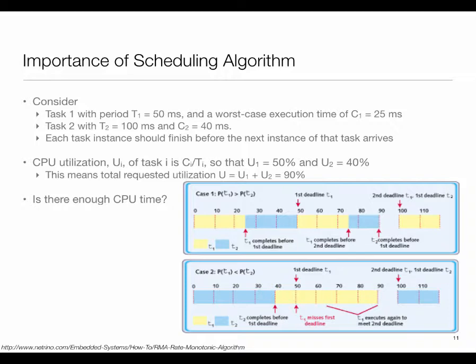Task 2 is the one which takes the hit. So now task 2 starts running. The first copy of task 2 arrived at time 0, started running at time 25. And it needs time 40. So it will run from 25 to 50. But then at 50, another copy of task 1 came. So task 2 is preempted midway through, right? It has finished 25 out of 40. Now from 50 to 75, task 1 will run.